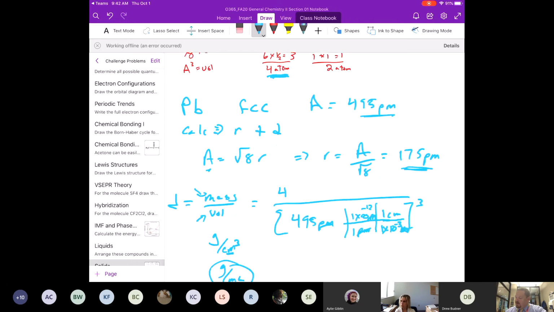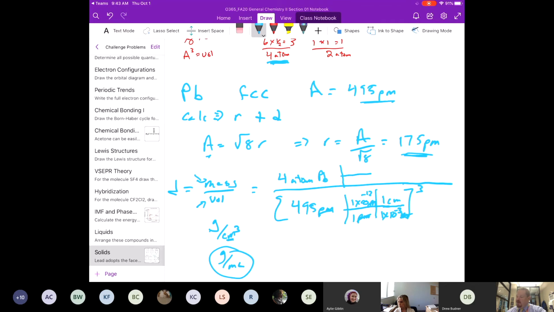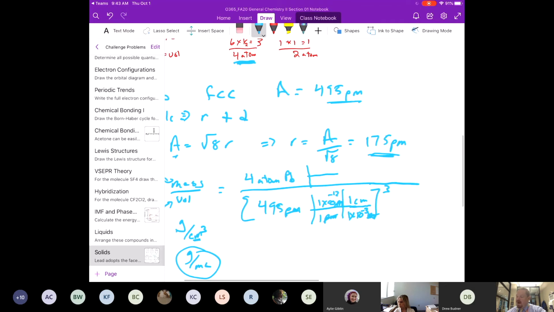So for our mass, it's going to be the mass of 4 atoms of lead, right? But we need to convert to grams, so we get to do a whole bunch of fun dimensional analysis, right? So when we talk about mass, in grams, we have to go through moles. So the first thing we get to do is convert from atoms to moles. And we know that there are 6.022 times 10 to the 23rd atoms